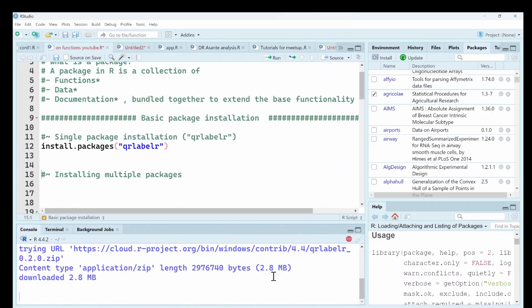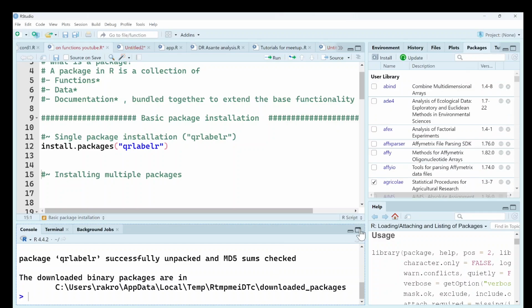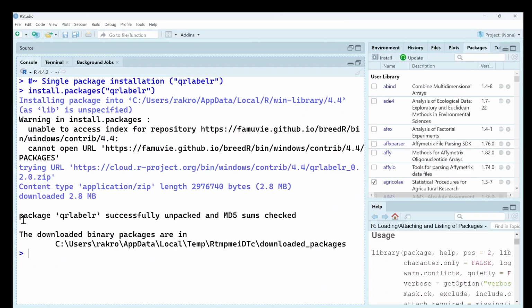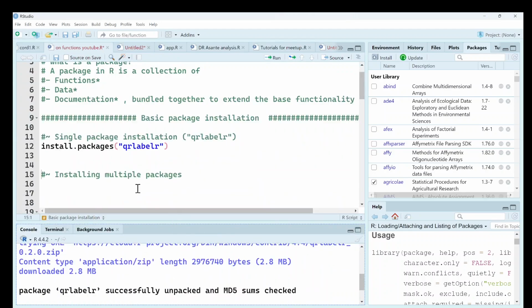I think my internet is a bit slow. Okay, that's all right. So now you can see it says package Cura Labeler successfully unpacked, and MD5 sums check has been dealt with. Okay, so that is it, and we have our package being